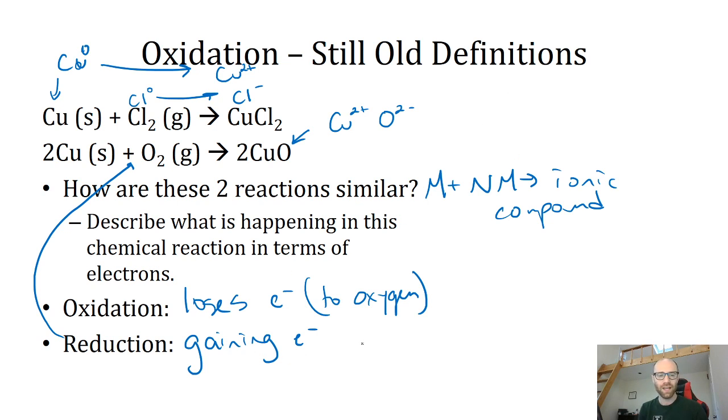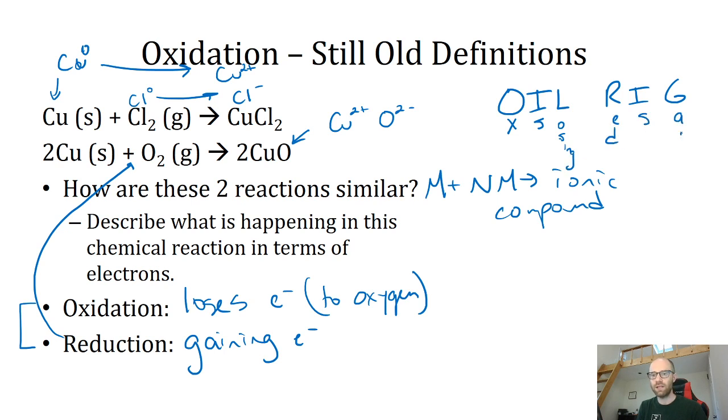There are two ways to remember this definition. It is a slightly older definition, but it is the one that makes the most sense, and so it's the one we keep referring back to. Many of our examples will include it. There are two different mnemonic devices. I like OIL RIG. Oxidation is losing, and reduction is gaining. The problem is you have to remember that the thing that is being lost and the thing that is being gained is electrons,